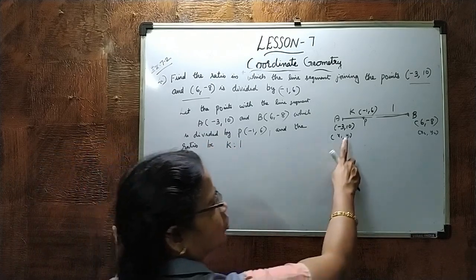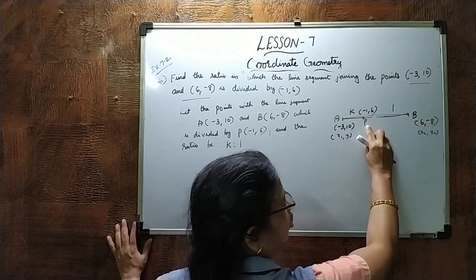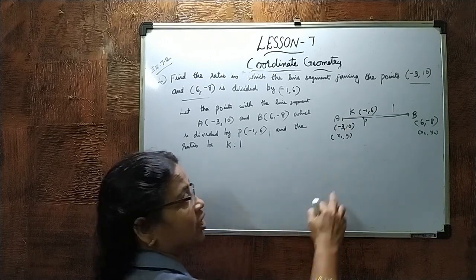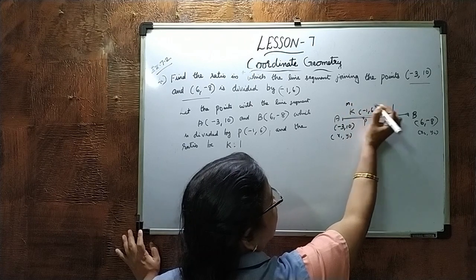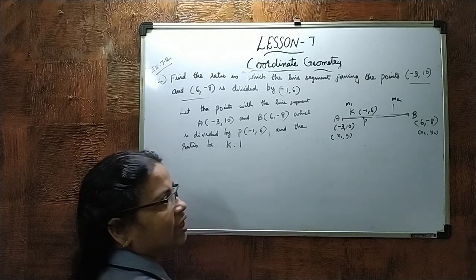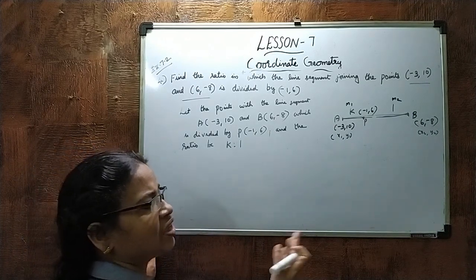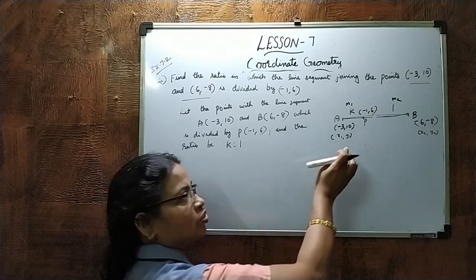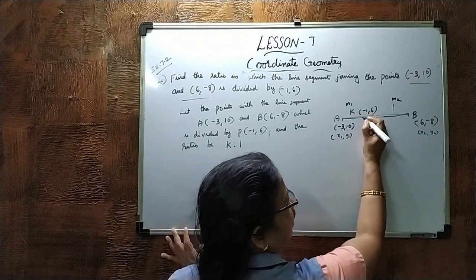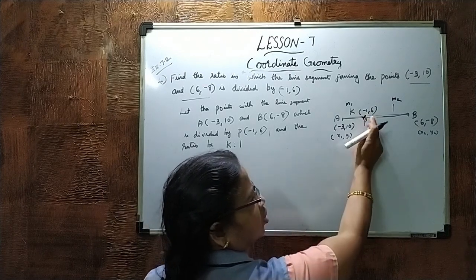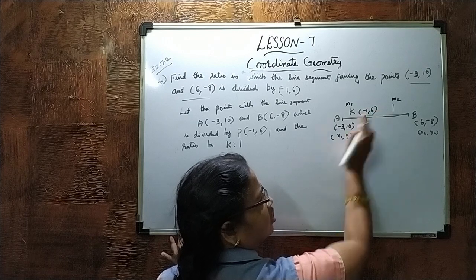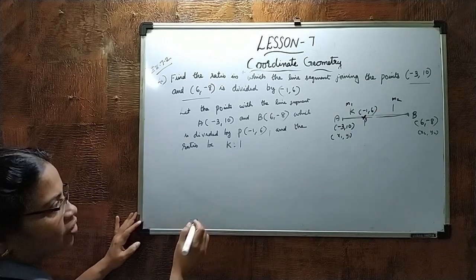They had given you the line segment and the intersecting point, and we are taking K is to 1, right? Instead of M1, M2, we are taking K is to 1. That means M1 is K, M2 is 1, right? X1, Y1 is there, X2, Y2 is there. Instead of M1, M2, we substitute K and 1, and we will get the answer. The thing you have to remember is that they had given you the coordinates of P. Here is the X coordinate, here is the Y coordinate. That also you should note. We will start now.